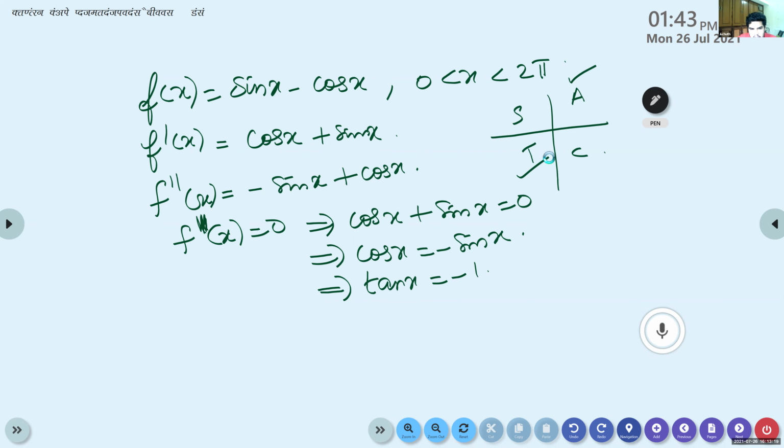So when we find the second derivative, it is cos x minus sin x, right? But that is cos x plus sin x is equal to 0. f dash of x is 0. Equate the first order derivative to 0. No, ma'am, we got minus sin x plus cos x is equal to 0. So cos x is equal to sin x, right?